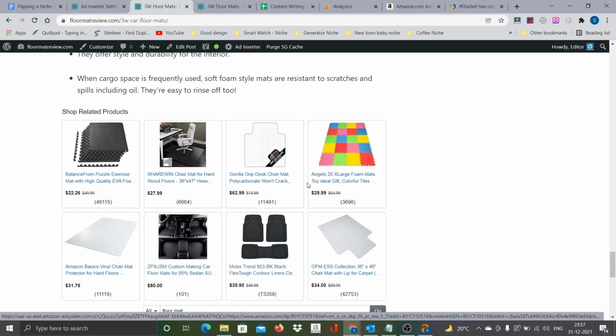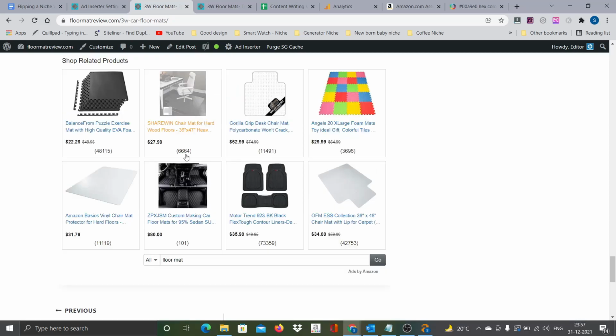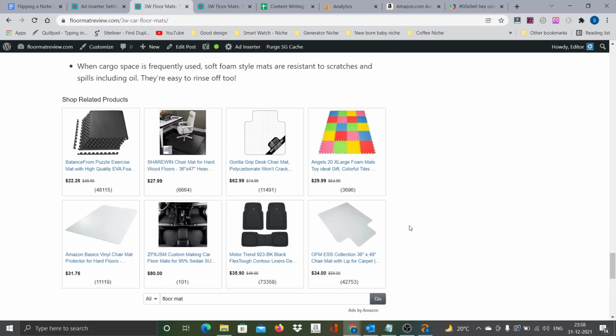That's why I enable this. Later, once the site gains good traffic and once I onboard the site onto Ezoic or Mediavine, I normally disable this or keep it only for limited options. For now, at least till the site gets onboarded onto Ezoic, I want to keep this so that even if one person clicks it, we will be able to earn the commission. There is no harm in keeping this here. This is what I do for most of the new sites. This is all about Amazon native ads using the Ad Inserter plugin. So we are done with this point also.